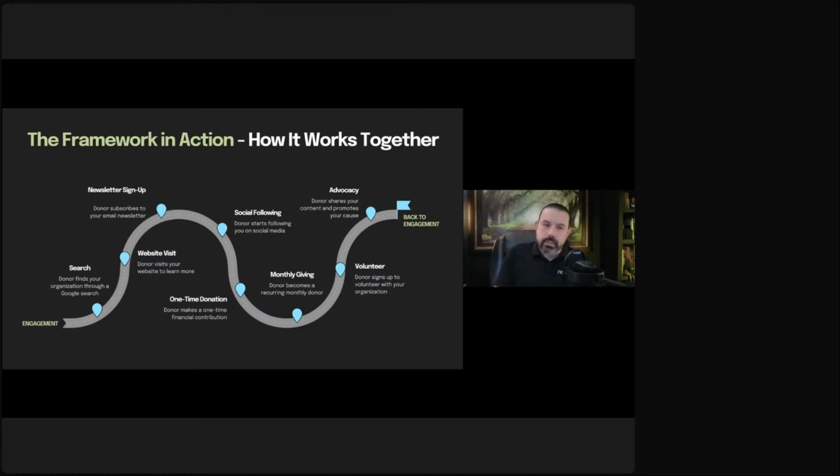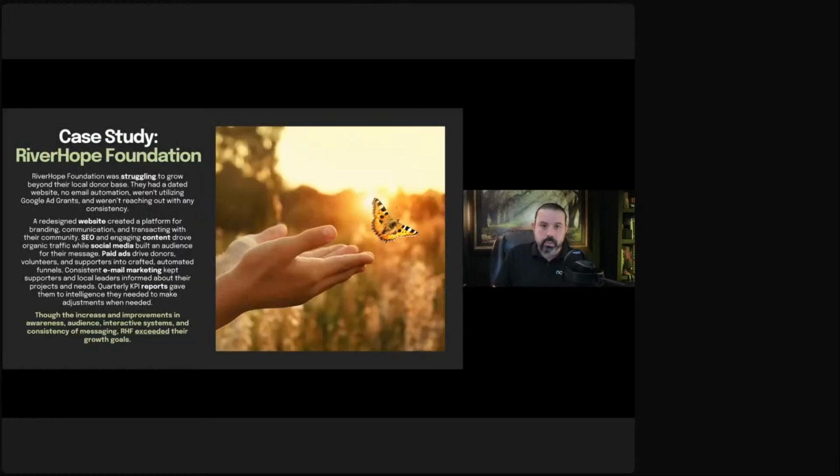So you start making changes to your website to improve newsletter sign up. Then I say, well, how do I get more of those people to start following us on social? So you start putting social links in your email newsletter. Then you start figuring out, well, how do I get my social following to start giving? So you start experimenting with that. Creating these buckets, these milestones in the journey, allows you to optimize each milestone. And that's the way you build massively in 2026.